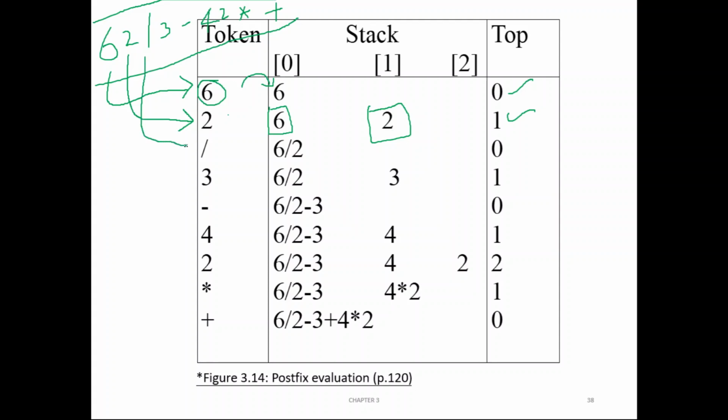Slash. What is slash? Is it an operand or operator? It is an operator. If it is an operator, then pop the recent 2 items from the stack. So perform pop 2 times. When you perform pop for the first time, you will get some number. Store it in the variable operand 2. Whatever you are popping for the first time should go into operand 2.